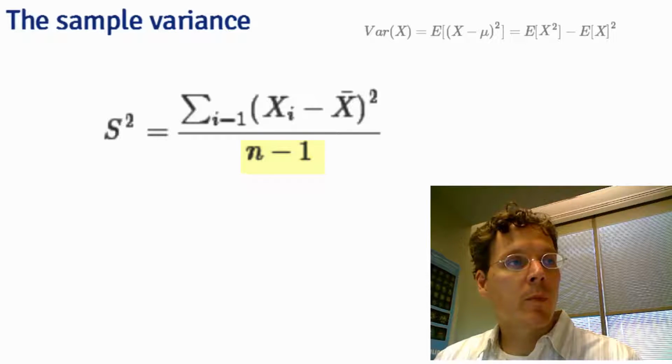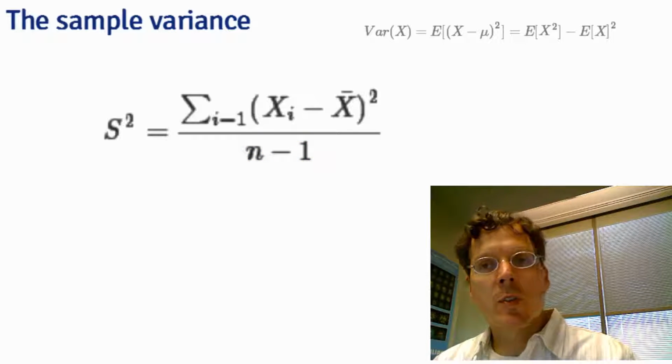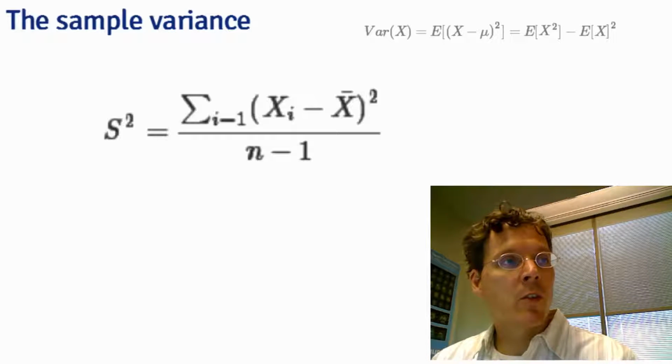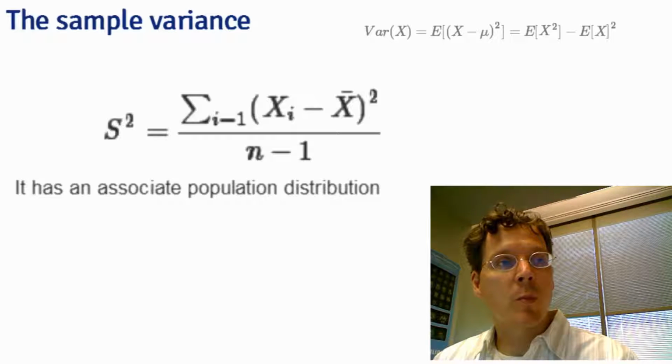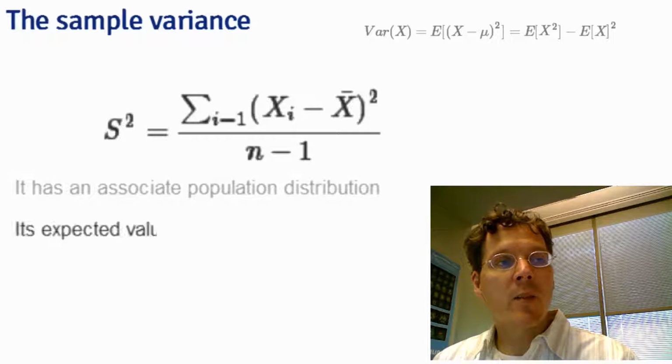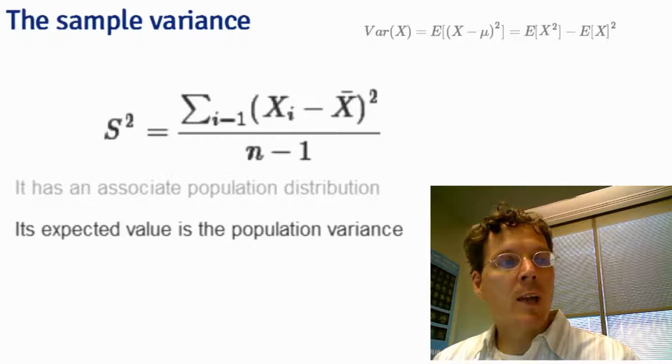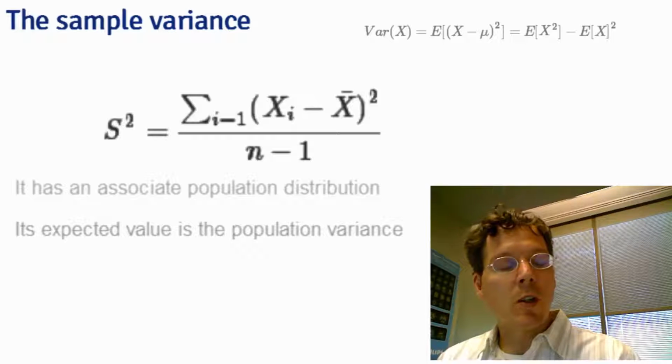But I also want to talk about a conceptually, for me, kind of difficult point, which is the variance of the sample variance. Let me remind you that the sample variance is a function of data, so it is also a random variable, and thus it also has a population distribution. That distribution has an expected value, and that expected value is the population variance that the sample variance is trying to estimate. As you collect more and more data, the distribution of the sample variance is going to get more concentrated around the population variance it's trying to estimate. And I also want to remind you that the square root of the sample variance is the sample